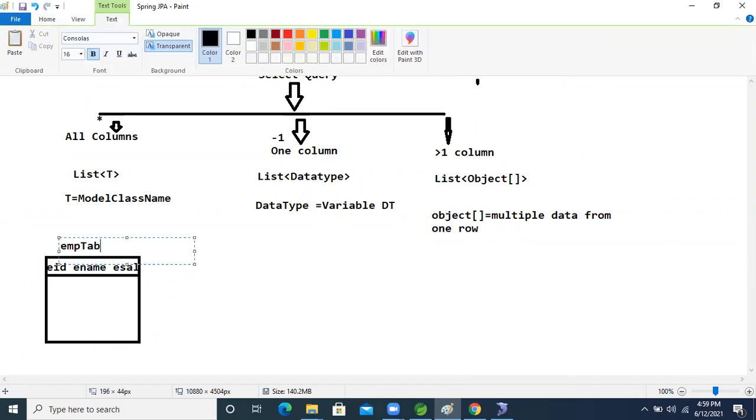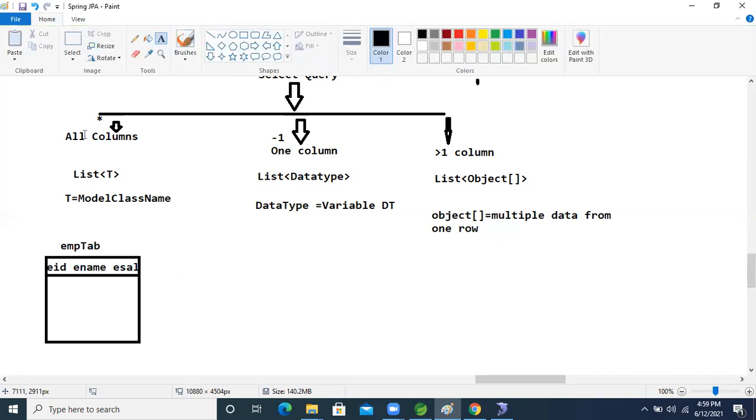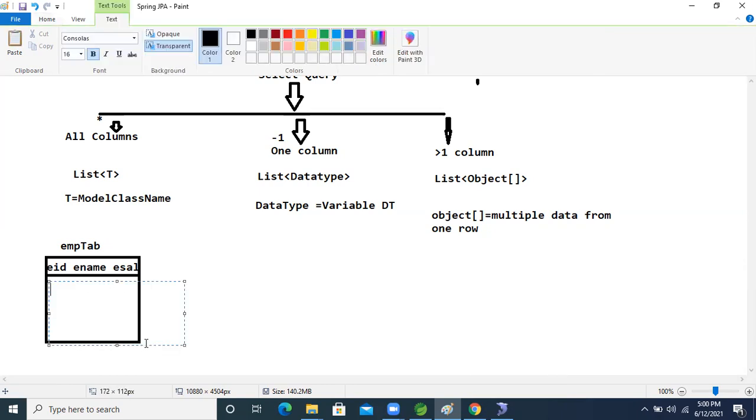Inside this emp tab, record 11 is there, e name is a, and salary is 2.2.